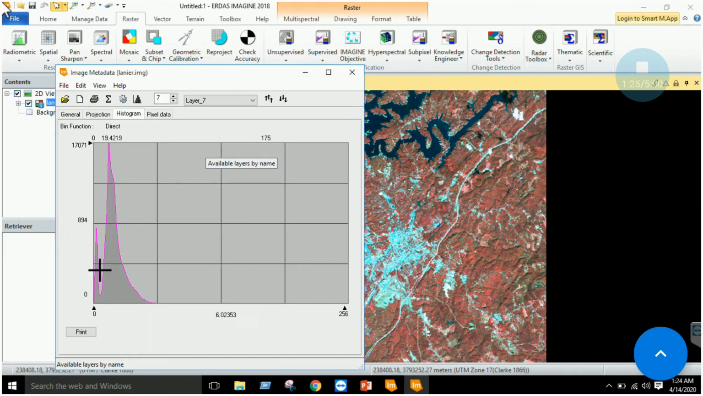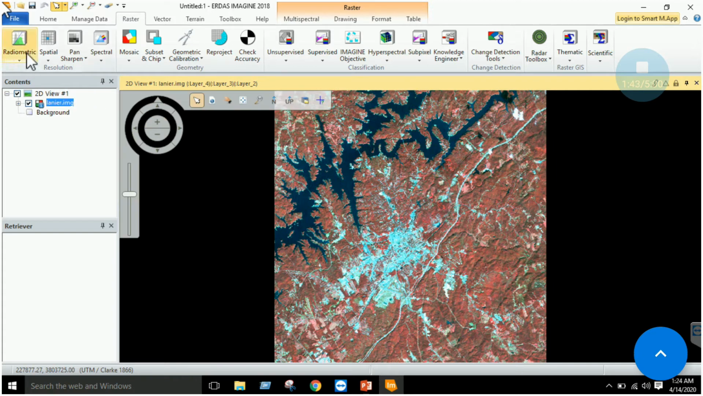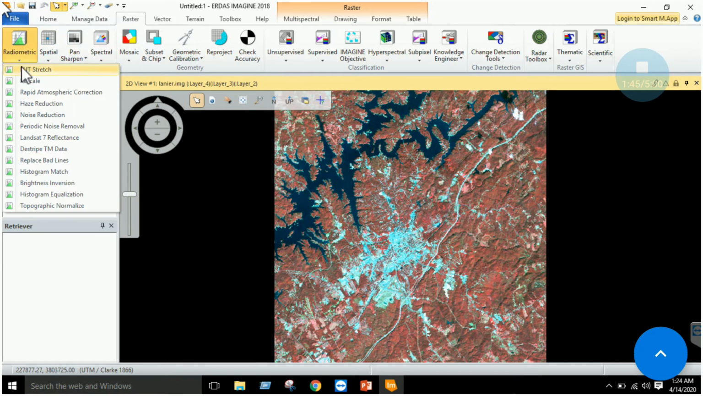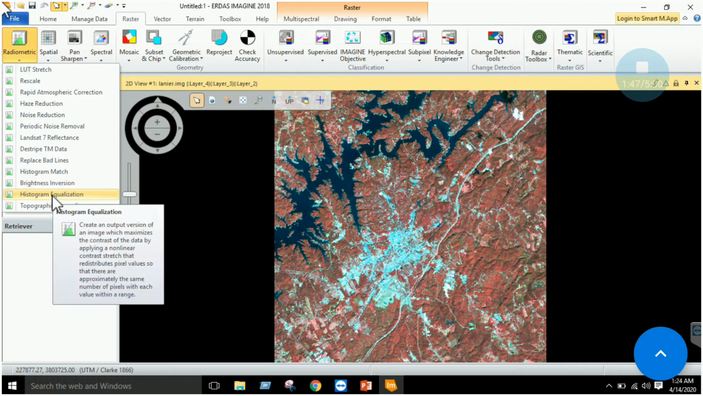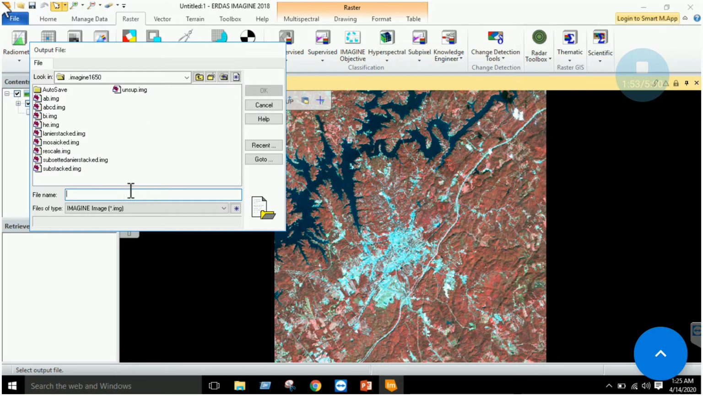So this histogram can be transformed, right? It can be made equalized, it can be divided into bins. What all this statement means is that this image can be enhanced more visually, right? If you go to the raster tab and go to the radiometric section, there is a tool called histogram equalization. Now what this tool does, for example, if we have a linear